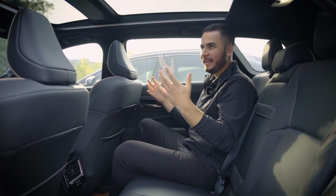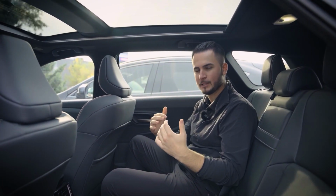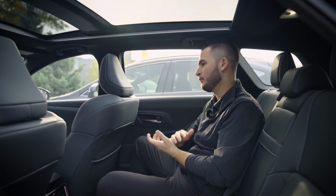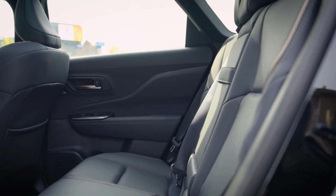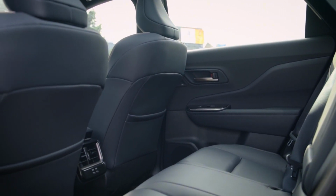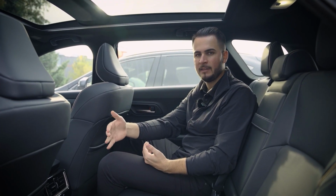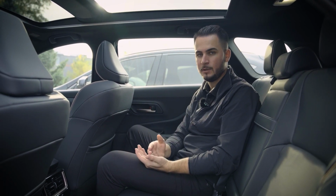So, getting in, I definitely feel like I have more space. Now, I know this comes in a little bit shorter than the NX350, but I still think I have a lot of room back here. And this versus the vehicle it's replacing, which is the Venza, they've definitely added more room. It's actually 6.5% bigger than the Venza. Now, I know it's probably not the biggest number, but judging off of what people had said about that vehicle and the improvements that they wanted, one being space in the rear,